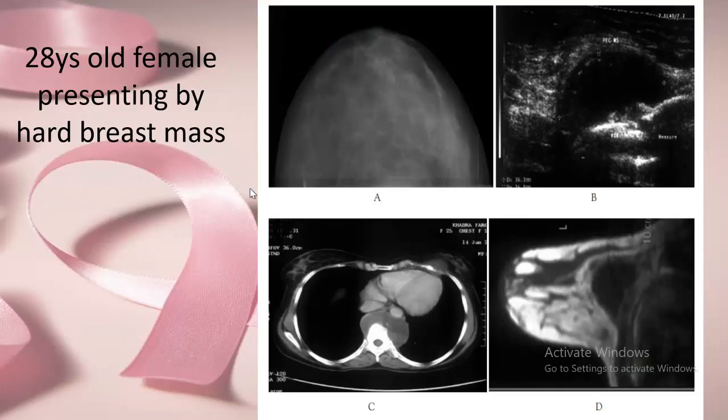And in this case also, she presented to us with a hard breast mass. The first presentation of the case was a hard breast mass. Of course, when we saw the mammography at first, we could not see this ill-defined shadow posteriorly. This is very important: when you get a craniocaudal view, you must see the tip of the pectoralis major muscle. It's not seen here because of this hard lesion. We could not pull the breast well.